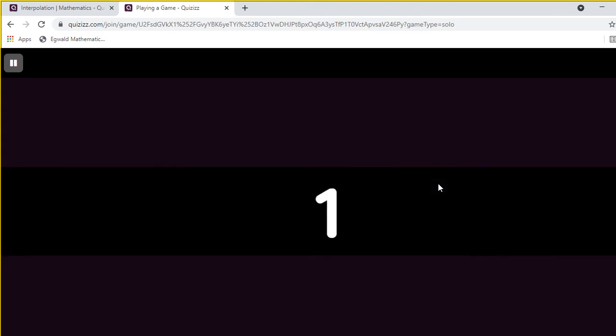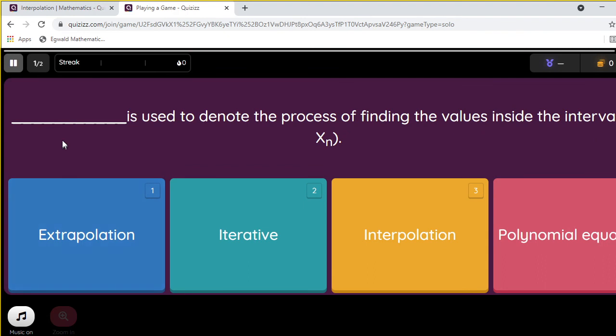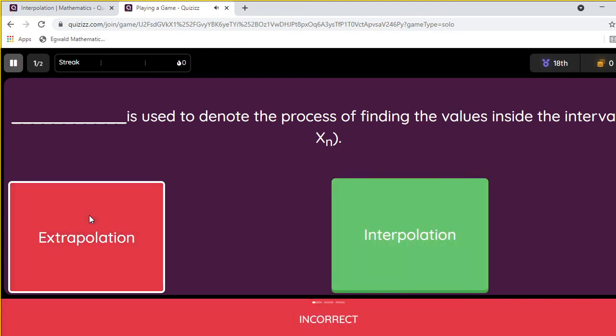Yeah, 1, 3, 2, 1. Go to the quiz. Appearance for the student. This is the correct answer. I choose the correct answer here.